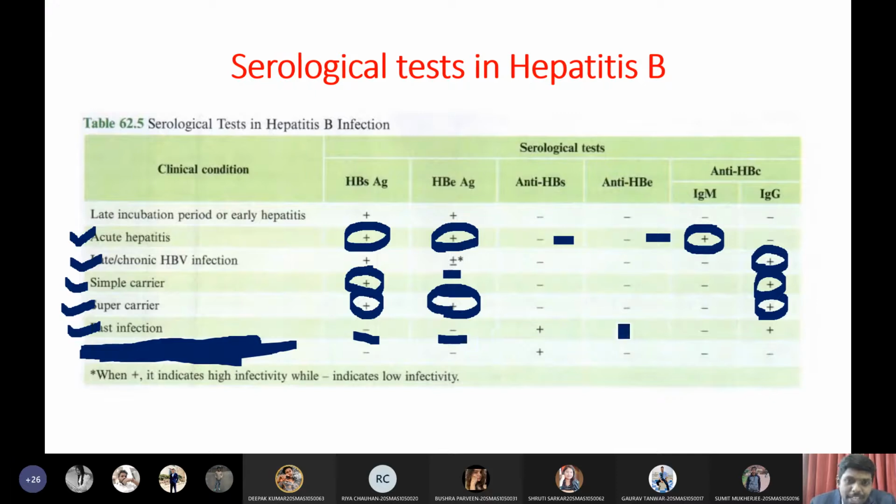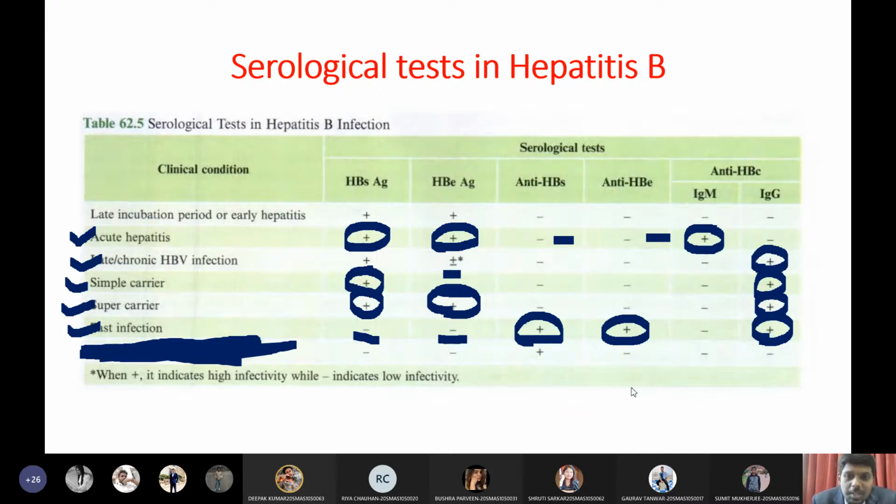In our body, we are able to identify surface antibodies. See, presence of surface antibodies indicates he has a past infection and he recovered from the infection. And also he has envelope antibodies. That also indicates a past infection. And he also has G type antibodies. So surface, envelope and G antibodies, core G antibodies, are present in the body. Presence of these three antibodies indicates the patient is safe and has successfully recovered from a past infection. That is why he has this pattern.